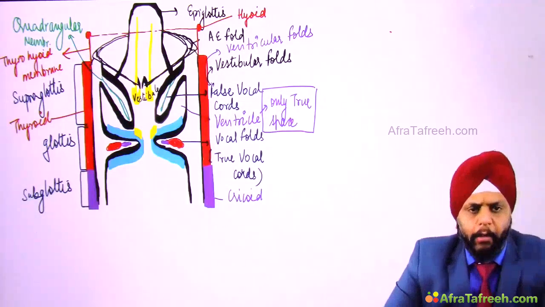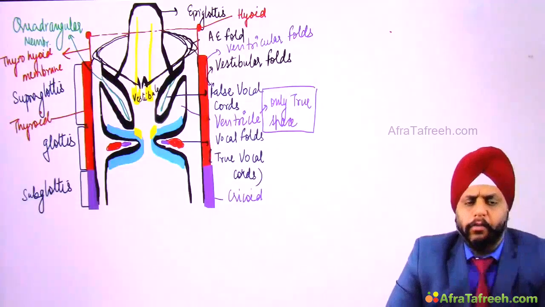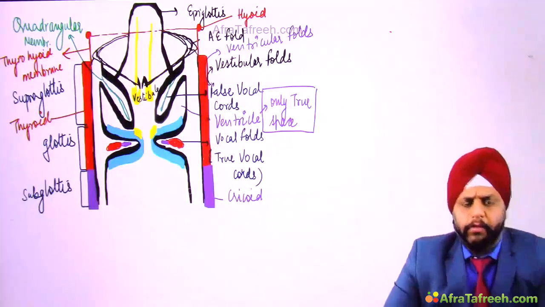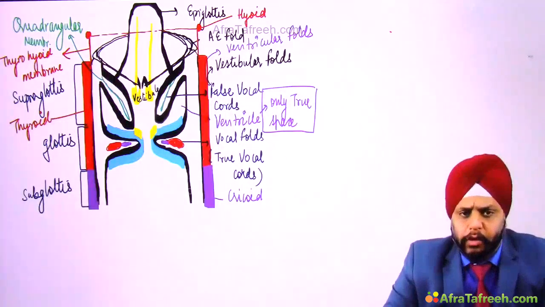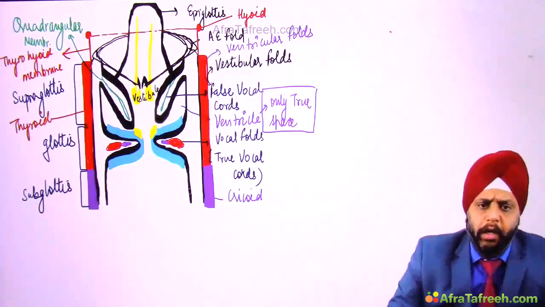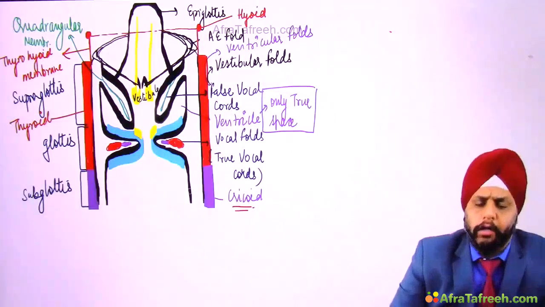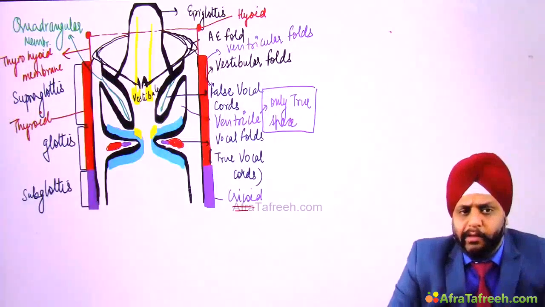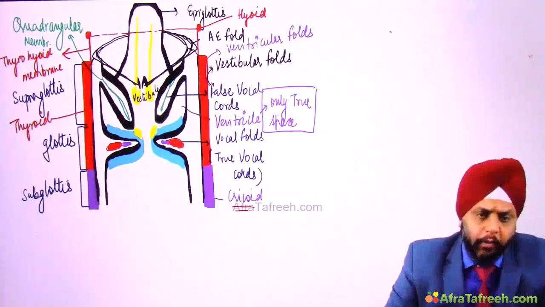Okay, now let's come to subglottis. What do we see in the subglottis? We see that there is no structure inside the subglottis. This is formed by a complete ring of cricoid cartilage. There is only airway. Therefore, if there is some disease in the subglottis, if there is a vascular malformation or